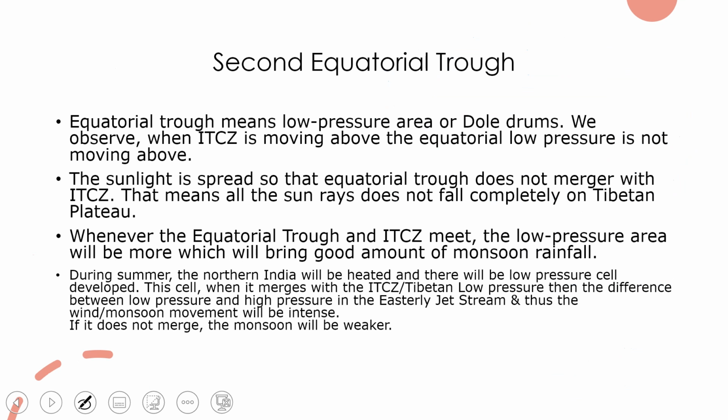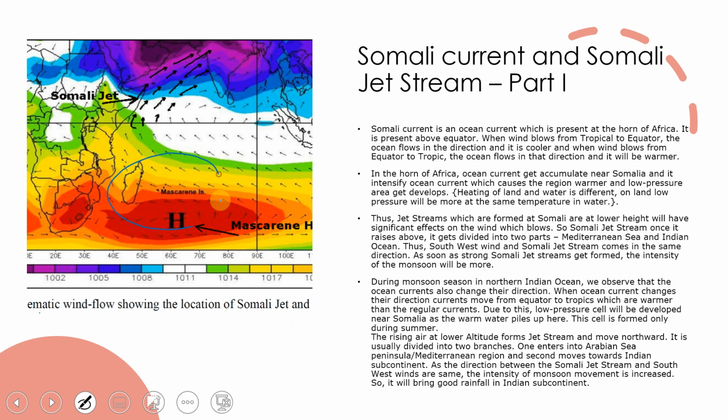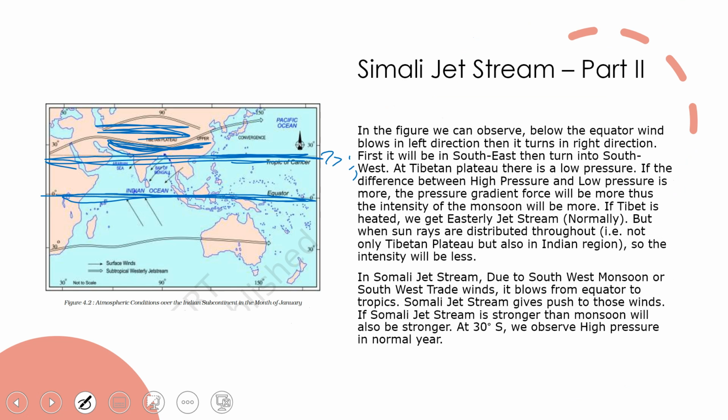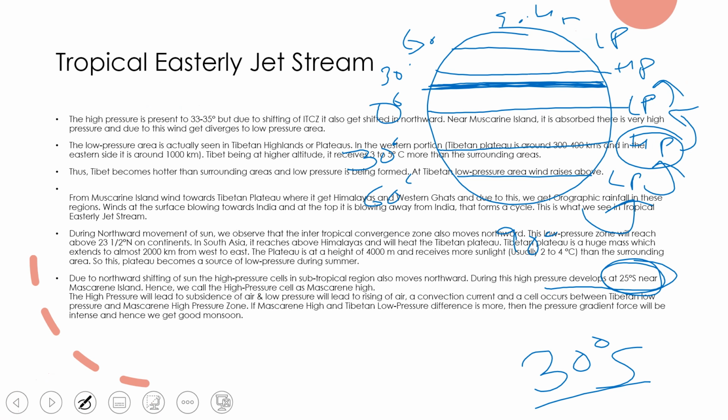So on the globe, when we see, the 25 degrees south will be present here, so it will form Mascarene Island. Okay, here see, this will be 30 degrees, now it will shift to 25 degrees, so ultimately your Mascarene Island will be affected. Okay, so the high pressure will develop near Mascarene Island, and hence we call this high pressure the Mascarene